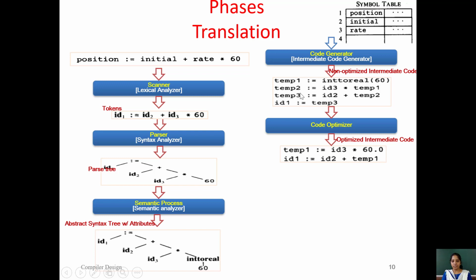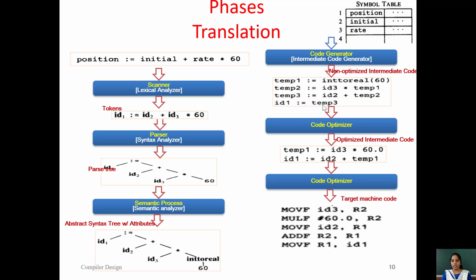So temp1 is equal to id3 into 60, then id1 is equal to id2 plus temp1. Now it is given to the next phase, the target machine code. Finally the optimized intermediate code is converted into the target machine code, which is an assembly language program. Okay, now the compilation process